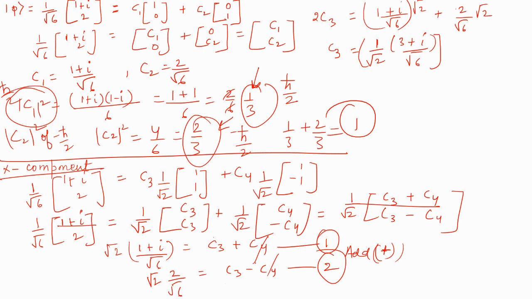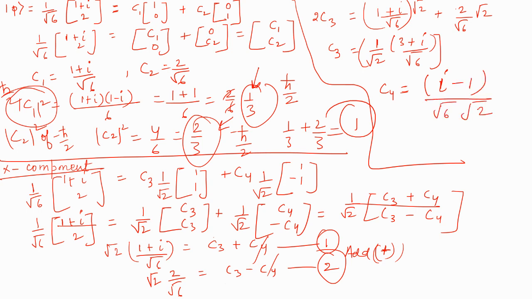Now, the next one is subtracting it. When you subtract it, I'm directly writing, as I've already done this question. When you subtract this, you will get C4. So for C4, you will get (iota minus 1) upon root 6 root 2. Then again, I have told you, to find out h cross by 2, you need to just